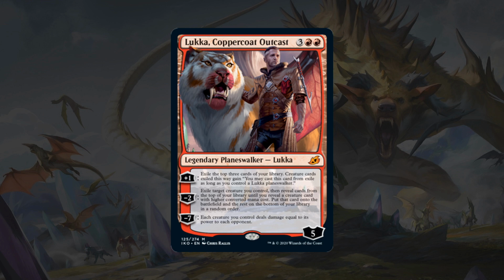But if you have board parity, he can start churning you through your library, getting you extra card draw, and I think it is going to be a good card and a high quality pick overall, just because in general there's going to be board states where you just play this and get that extra card worth of value every turn. You can even sometimes get multiple cards if you hit multiple creatures. So I think Luca, Coppercoat Outcast is a great card, but not necessarily the type of game-ending planeswalker that